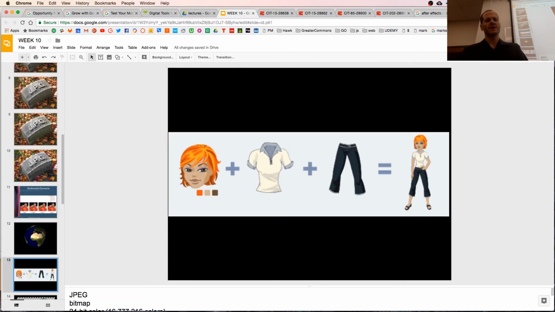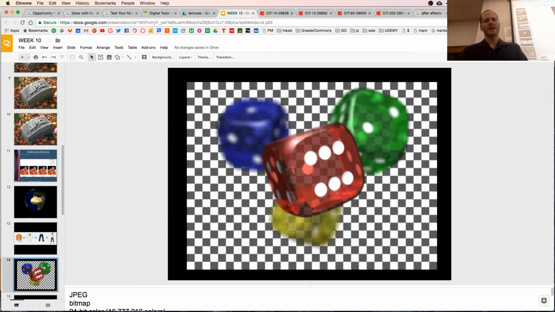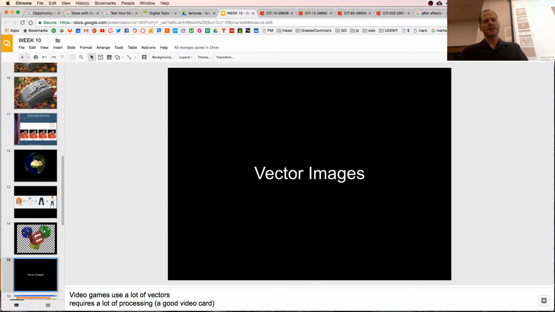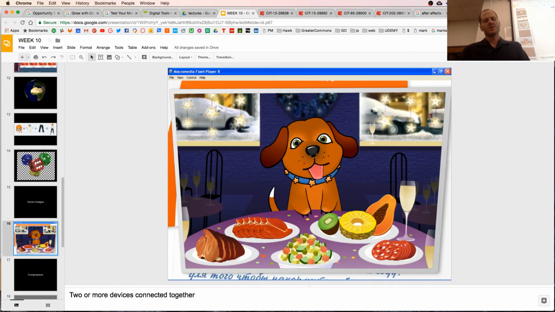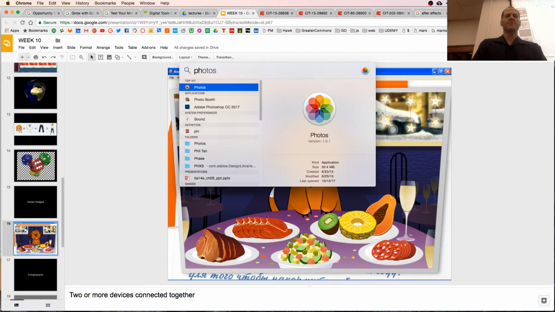And a vector image is more like this, and it's just a drawing. And there's another vector. Maybe that's a PNG with transparency. But here's vector images, so there's a vector image. So when we work with software like Photoshop,